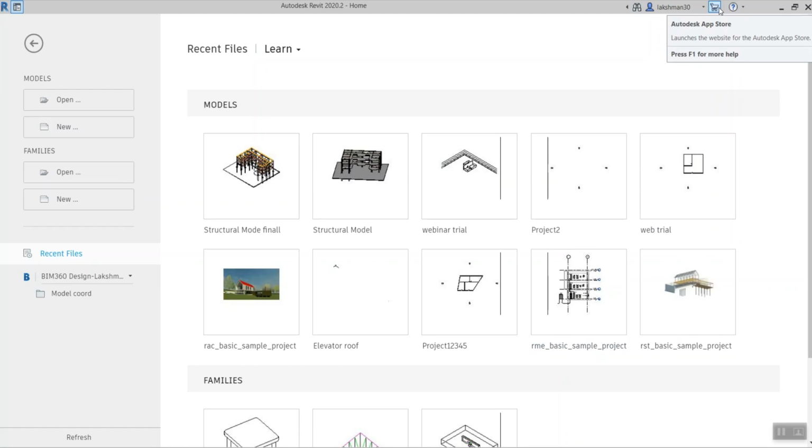If you click that, you will be redirected to the Autodesk App Store page. There, by filtering to Revit, you can type Structural Analysis Toolkit and download the version you have. Then in your model, I'll open a new model.